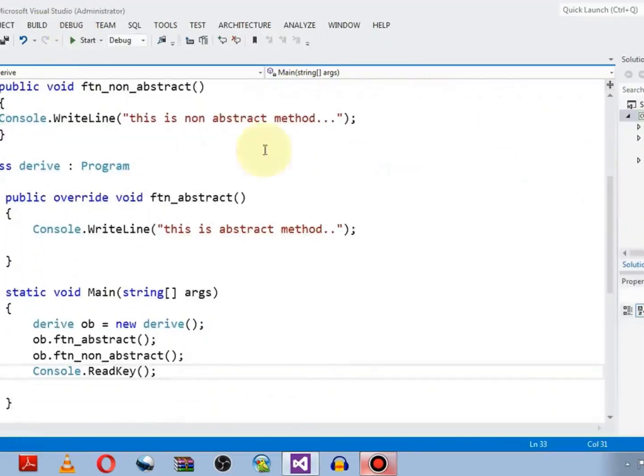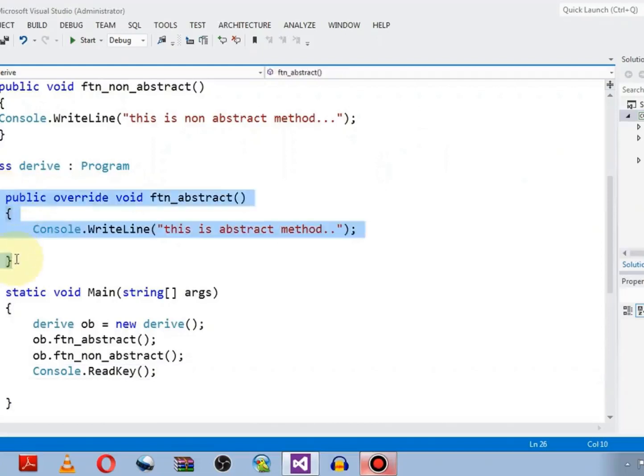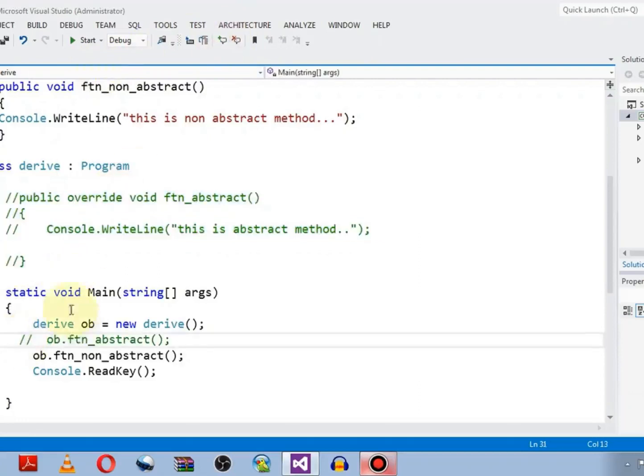So student, if we do not define the abstract method within the child class, then the non-abstract method will also not be available within the child class. So let me comment these lines and this line. We are now just calling the non-abstract method without implementing the abstract method.